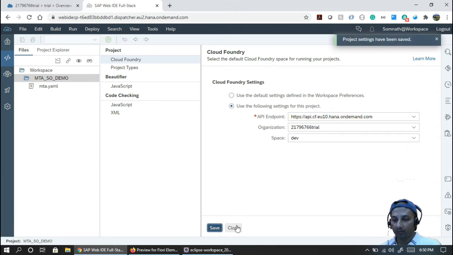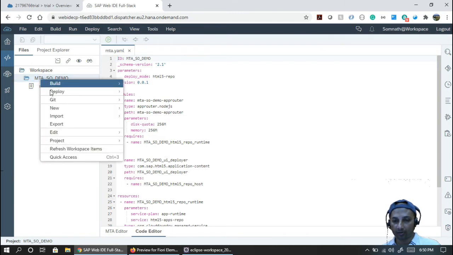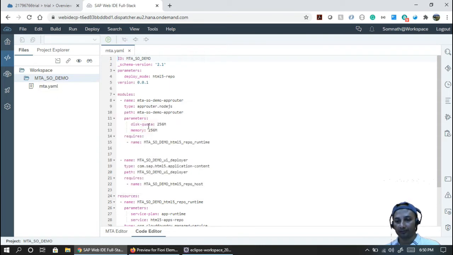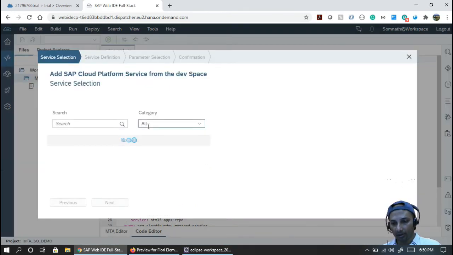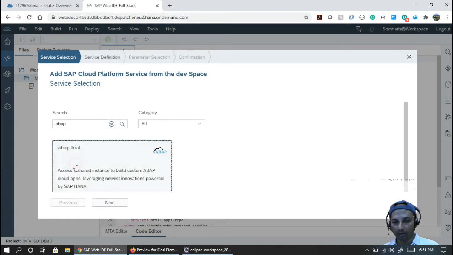Okay, once you do this, make sure you are enabling your cloud service with your multi-tier application. So just go to new, you have to use SAP Cloud Platform Service. Once you set up these project configurations, only then will you see the services available. Okay, make sure you select something called ABAP trial welcome.